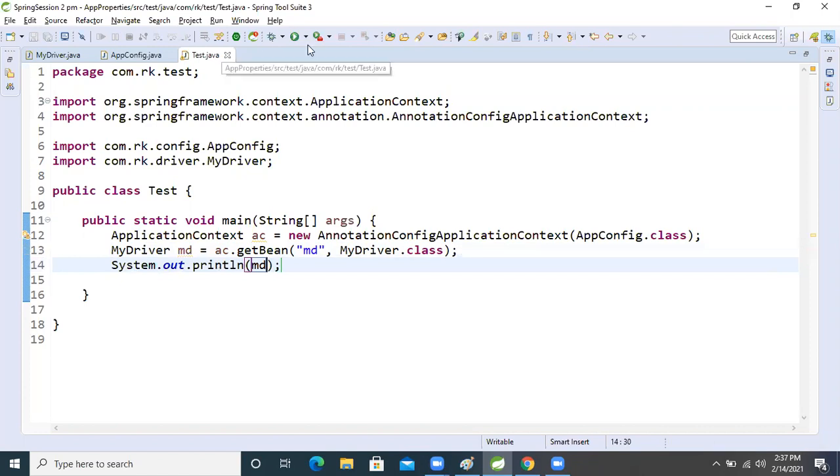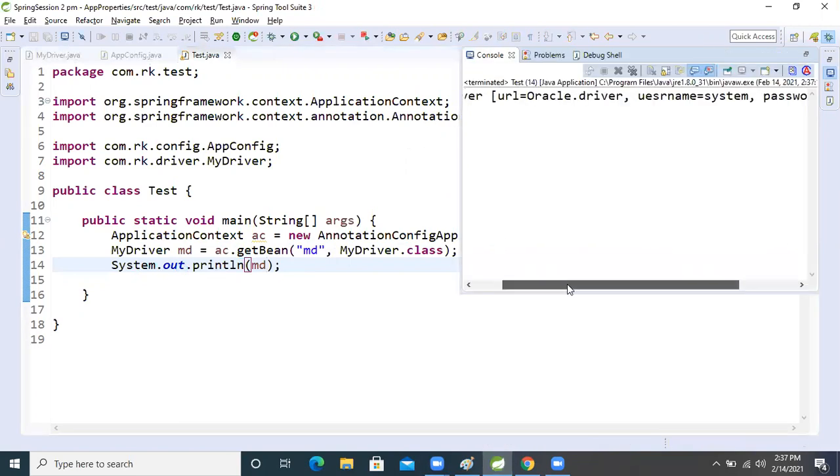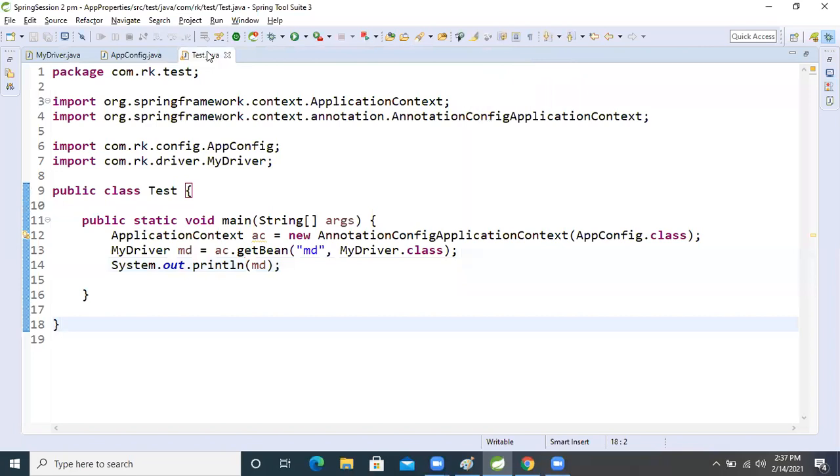Okay, let's run this application, and I will show first. My intention is to show the problem, okay? I developed this because I know that you people know this application, but to show the problem, I will then convert this application using a properties file. See, we got the data or not? URL, Oracle driver, user, system and password.